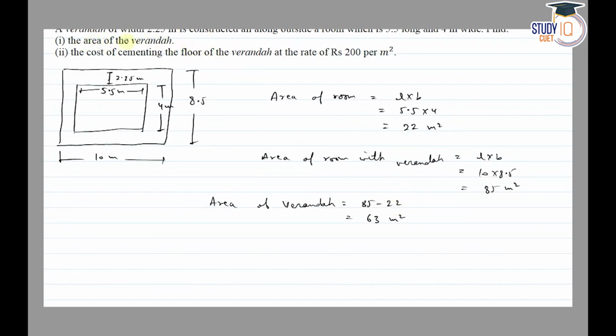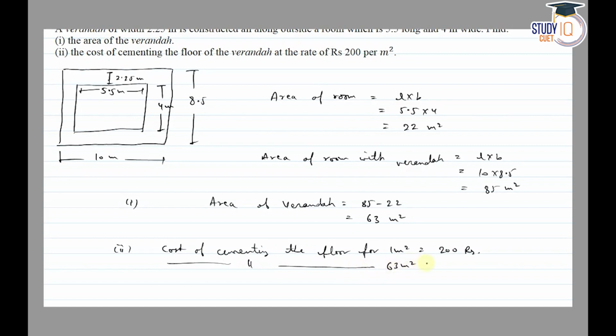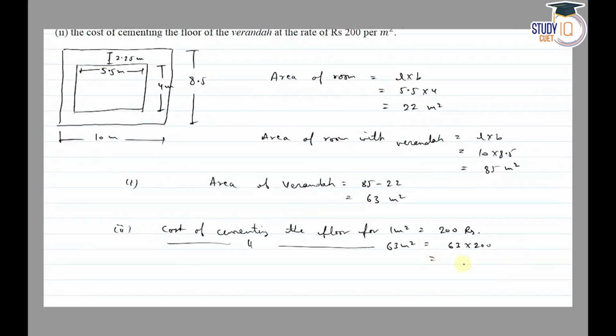So first part एरिया हमने फाइंड आउट कर लिया है. सेकेंड पार्ट इज कॉस्ट ऑफ सीमेंटिंग द फ्लोर. सो कॉस्ट ऑफ सीमेंटिंग द फ्लोर फॉर 1 मीटर स्क्वायर ये हमें गिवन है 200 रुपीज एंड हमें फाइंड आउट करना है कॉस्ट ऑफ सीमेंटिंग floor for 63 meter square is equal to 63 into 200. So ये जाएगा हमारे पास